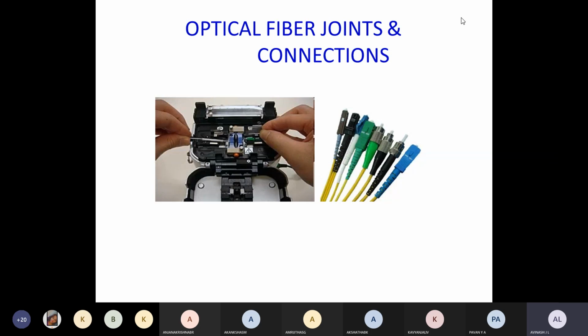On the left hand side, one user is trying to connect and test the process. And in the right hand side diagram, you can see that there are some threadings, so that you can rotate and fix it. Inside those threadings, there is an optical fiber. The white color that is visible to you is the optical fiber inside. So we will be using the connector points and we're going to connect them. Okay.